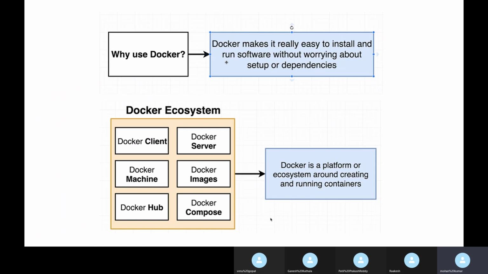That's a different story. So for now, you should be able to answer what is Docker, why we use Docker, and what Docker actually made simple for the users. Okay. So now you understand what Docker is as well. Docker is simply an ecosystem which has multiple sets of tools. Okay, is this clear?